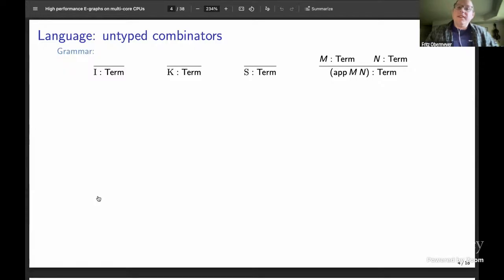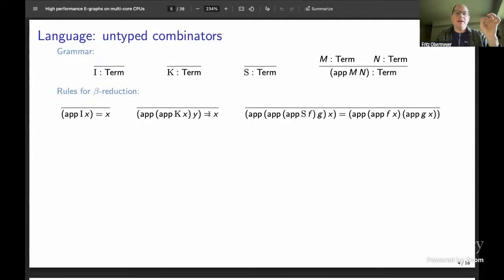Okay, so the language I'm interested in is pure untyped lambda calculus, or pure untyped combinators. Modulo beta, beta eta, they're equivalent, and they have a super simple grammar. This is a programming language over 100 years old. The simplest version of this grammar has three nullary functions and a binary function, and just the simplest version has three rules: an identity function, a constant function, and this cute substitution function.